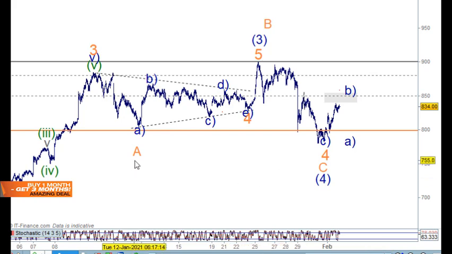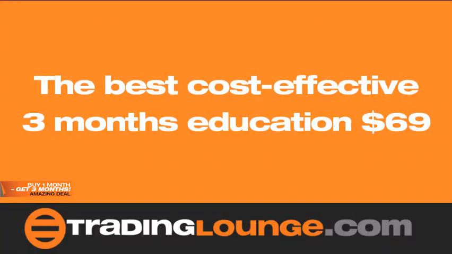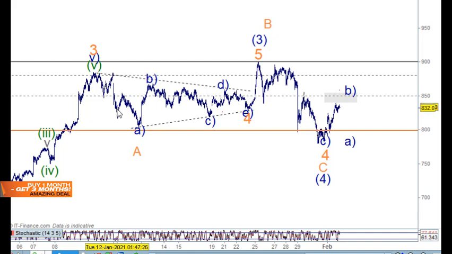The other way to look at this, I think is interesting, is looking at this here as 5 waves. And I kind of like that, because yes, it did overlap a little bit here, but it was a nice strong third wave, and everything as an impulse wave is good. So to have that as an impulse wave as wave A here, and then look at this here as a triangle for the B wave, so an A and a B and a C wave here for the B wave up here, and then look at this as 5 waves for the C wave down here to make wave 4, either wave 4,